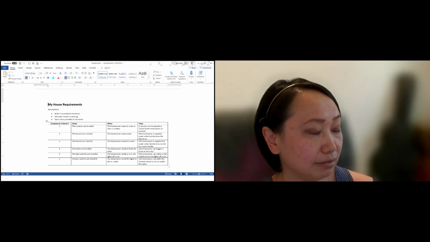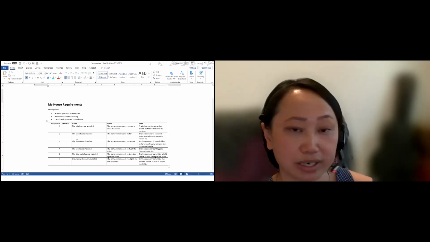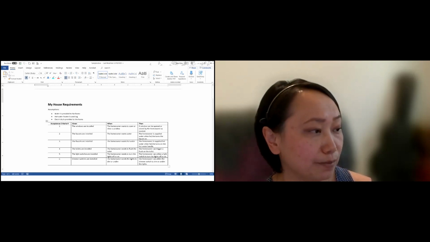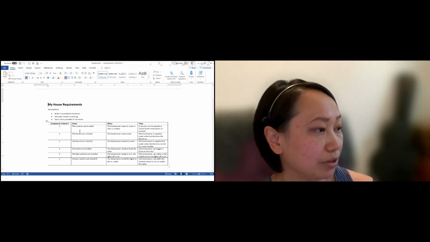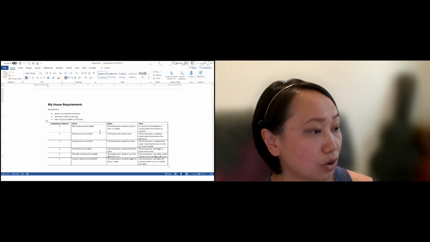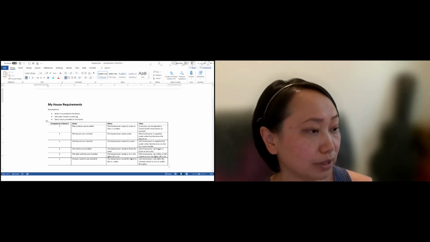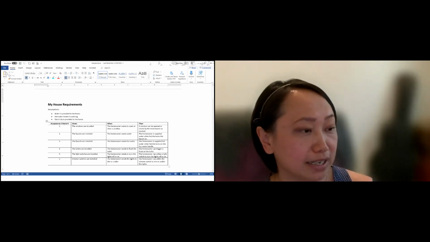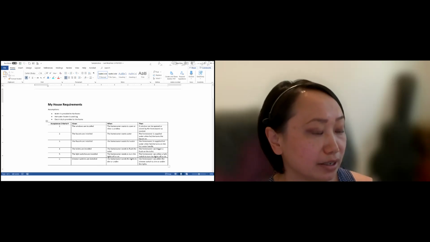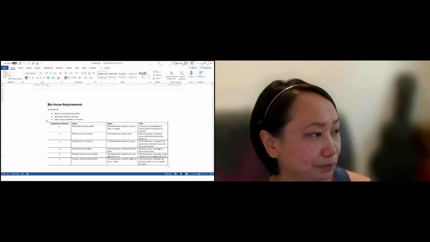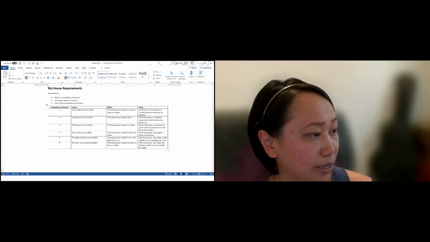What I did was a watered down version of a user story. And so you have your acceptance criteria, your given, your when, and your then. I'm not going to go into detail on all of them, but for example, the first one says: given the windows are installed, when the homeowner wants to open or close a window, then a window can be opened or closed by the homeowner as needed. So that's one requirement, and we expect this requirement to work by the time, quote unquote, IT is done solutioning for this.